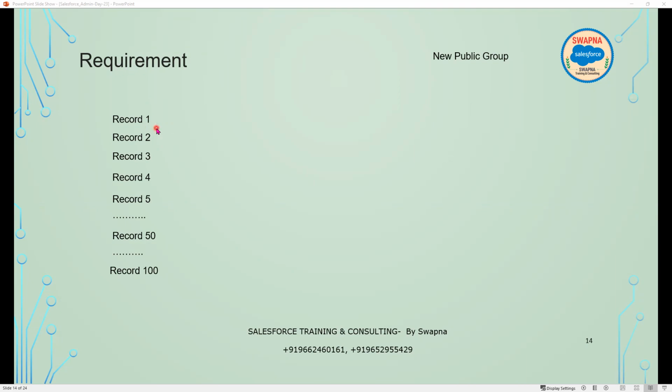That means there are issues raised by certain customers. We have customers from different places. Customers are from Hyderabad, customers are from Mumbai, customers are from Bangalore. Now, whenever the customers raise certain issues, if the issue is